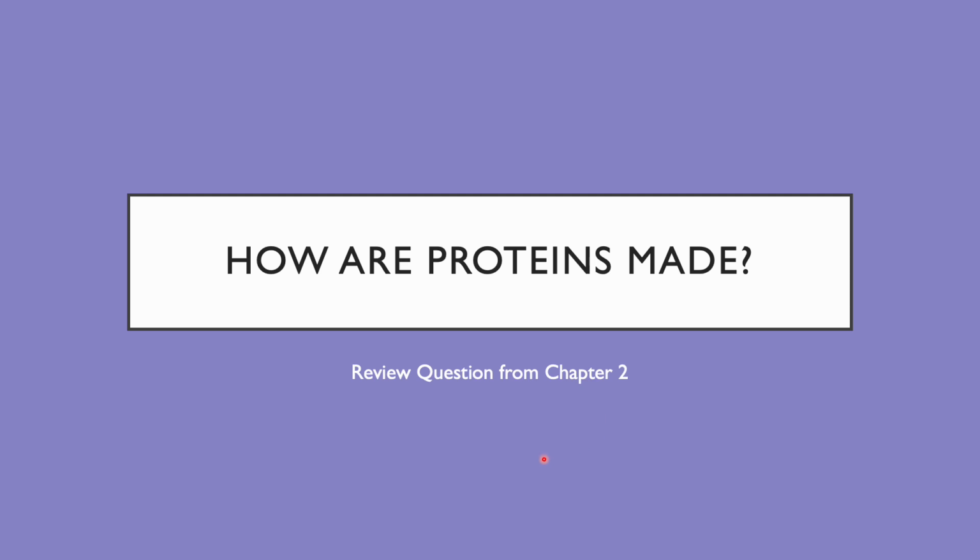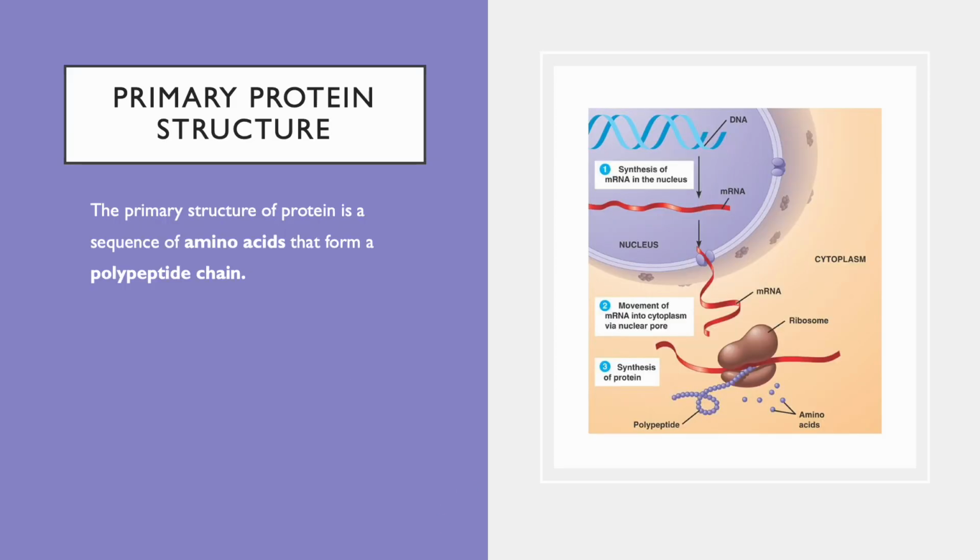So, how are proteins made? If you remember, in Chapter 2, we covered the central dogma of biology, in which DNA is transcribed into messenger RNA, which has the ability to leave the nucleus. Messenger RNA goes to a free-floating ribosome or to ribosomes attached to the rough endoplasmic reticulum in order for protein